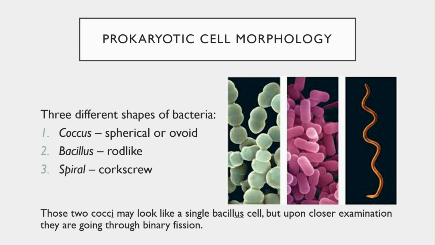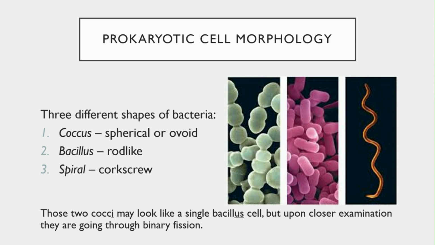Morphology describes the form of the cell. Take a moment and try to remember why cell morphology is so important to microbiology. If you said it's important because it is necessary for the identification of microbes, then you are correct. Prokaryotic cell morphology comes in three different shapes. Coccus, from the Greek meaning round or spherical or ovoid; bacillus, which is a rod-like shape; and spiral, which is